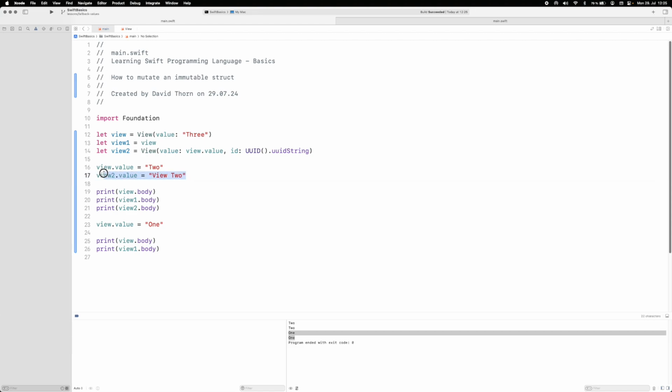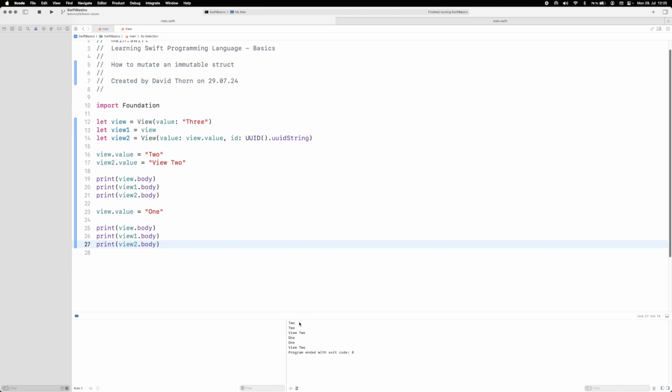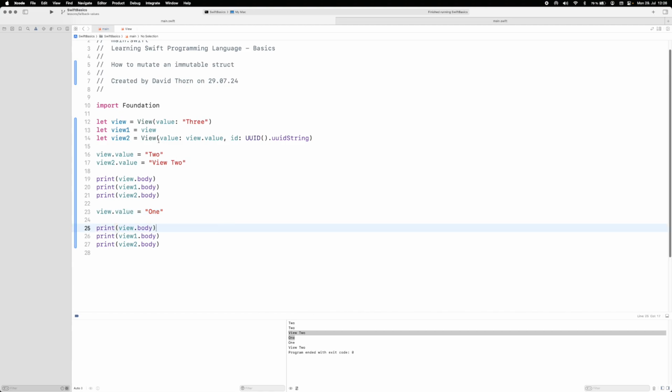All right, and now let's just put this down at the bottom just to show you what we get now. We get 2 2, which is what we had before, and we get view 2, and we get 1 1, and we get view 2, because even though